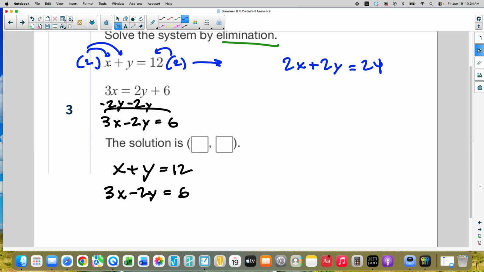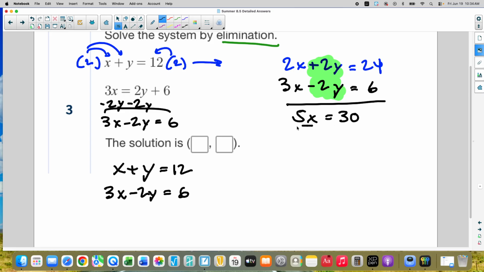So this equation now is 2x plus 2y equals 24. And I'm going to bring that other equation, 3x minus 2y equals 6. And now notice when we add this column, those y's are going to cancel. That's the elimination part. So I'm going to add that. That makes 5x. These cancel, equaling 30. Divide by 5. X equals 6. So I found my x value, and that's really efficient and nice because I was able to get rid of